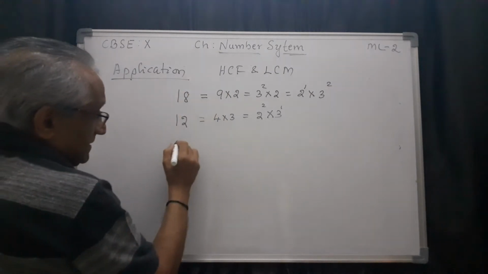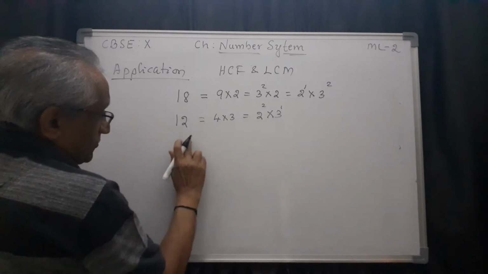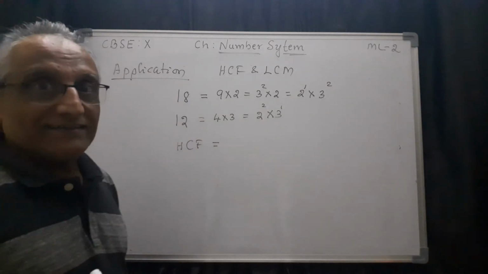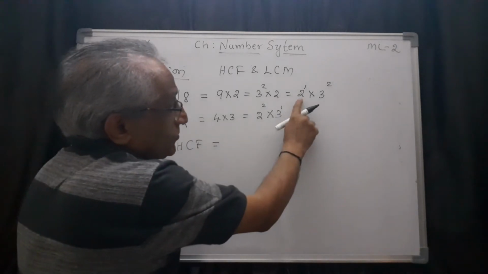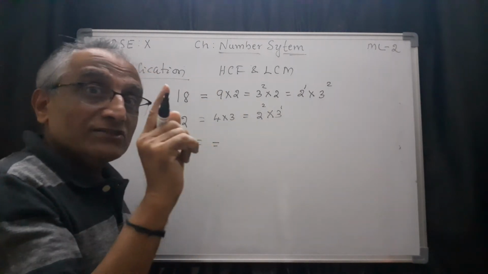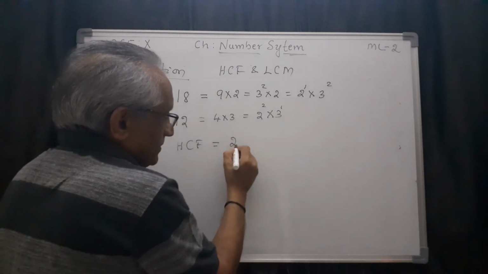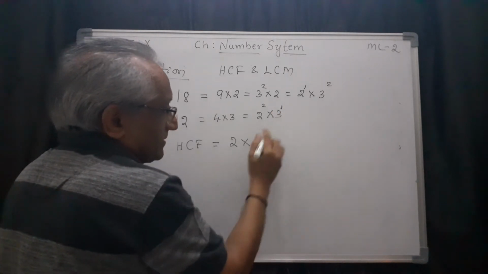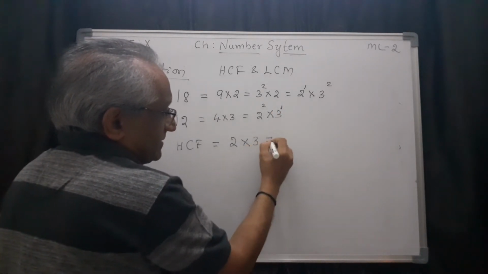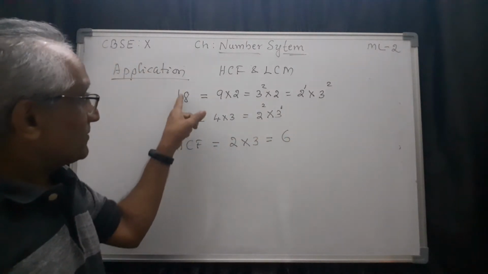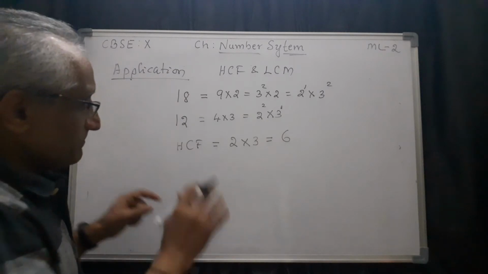Now what is the method of finding LCM and HCF? You know the meaning of HCF. This is the common factor. So for 2, one factor is there here, and 2 factors there, but common is 1. Therefore you have to write 2. Then same thing, for 3, here 1 factor is there, here 2 factors. Common is 3. Therefore this is the HCF. And in the last class also we have seen HCF for 18 and 12. This is the simple way.